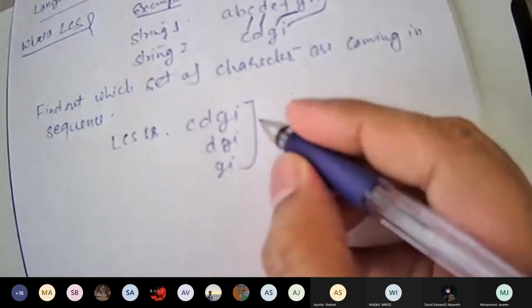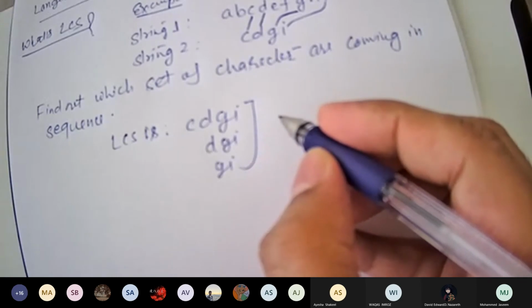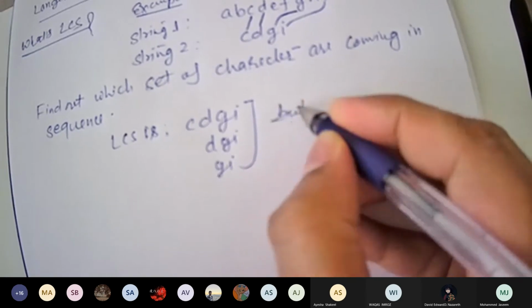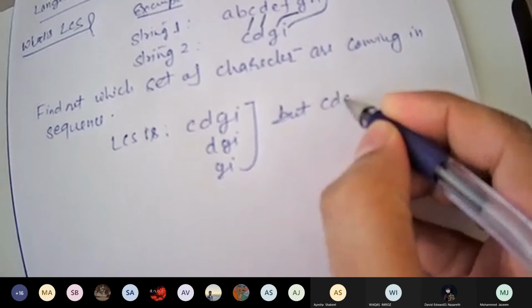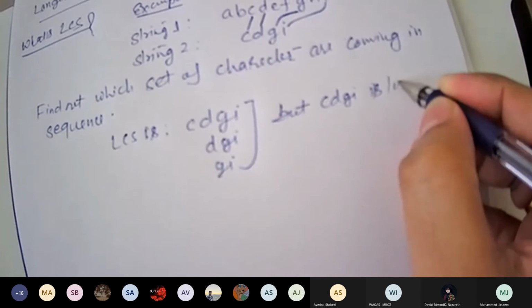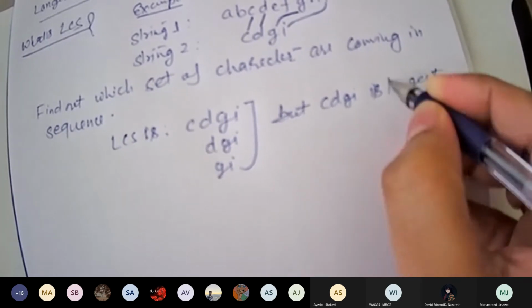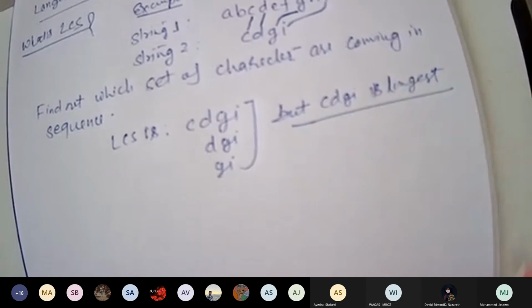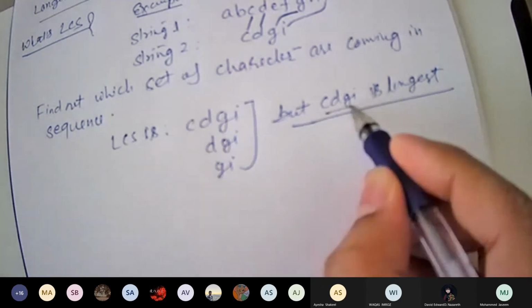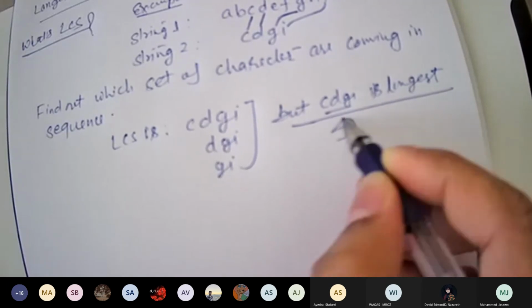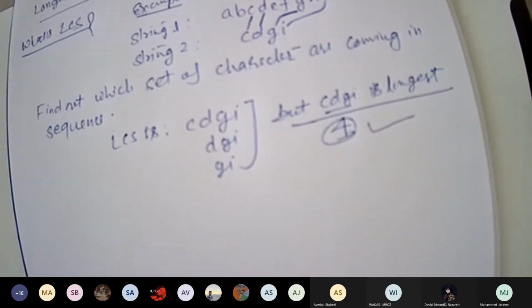But out of these three strings, which one is the longest one? CDGI is longest. So the longest common subsequence is CDGI with value 4. Okay.